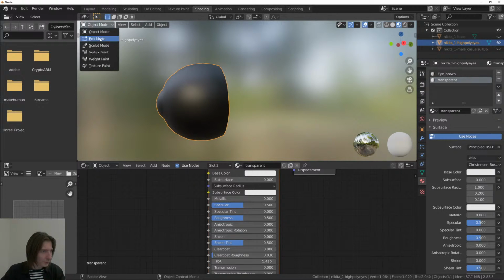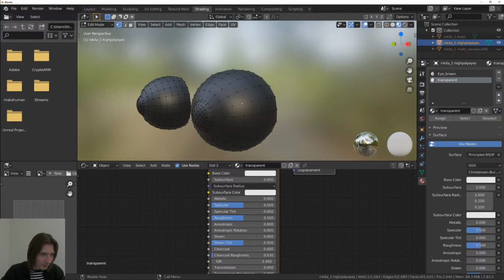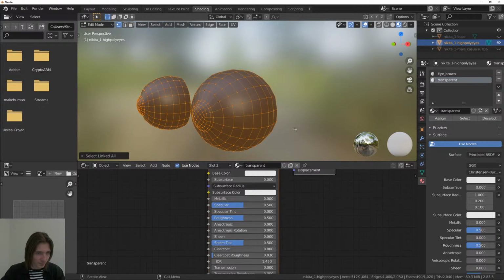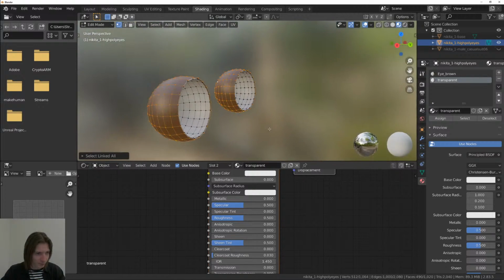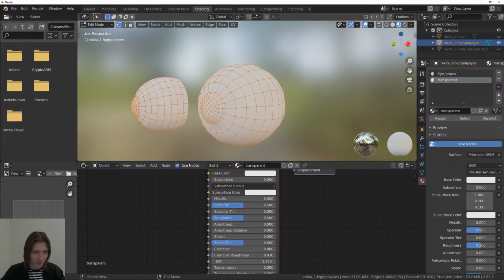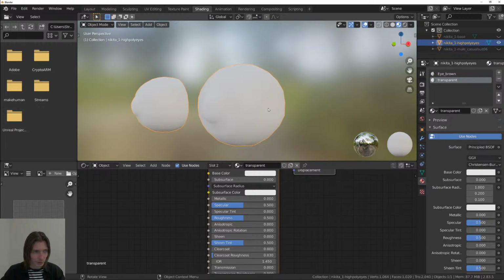And to assign it, we need to go to edit mode, select a vertex here, one vertex here, then select all linked vertices. Basically we need all these ones here, and then we press the assign button here, so we assign the material to these faces, and we can go into the object mode again,